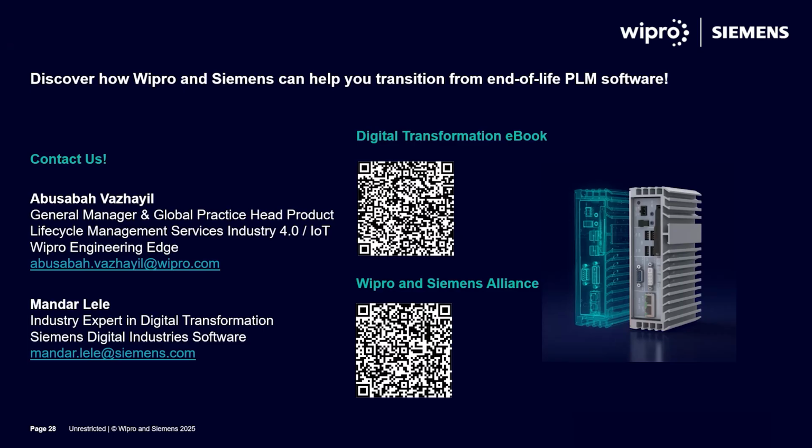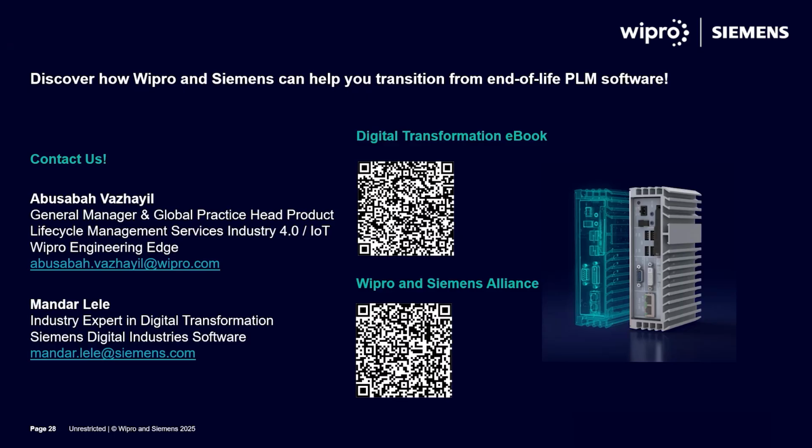Engage your stakeholders early and often. Involve key stakeholders from different departments early in the process. Their insights can help identify legacy processes that need improvement and ensure the new system meets diverse business needs. Another point is to conduct a business process review. Before implementing a new system, conduct a thorough review of existing business processes. Identify inefficiencies and areas for improvement, and design workflows that utilize new system capabilities.